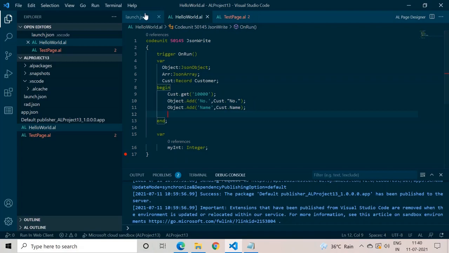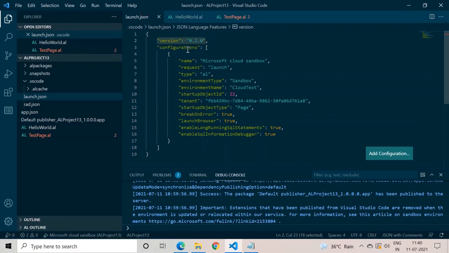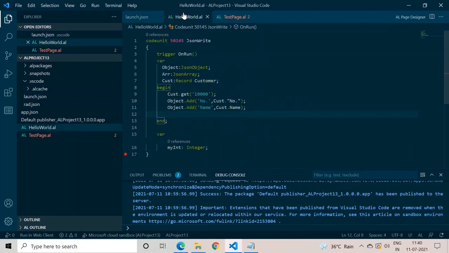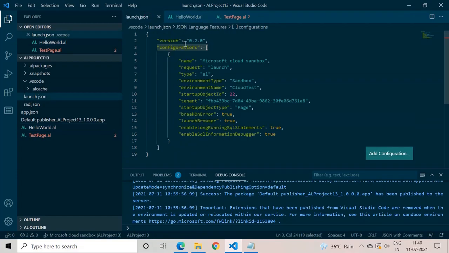Just like in this launch.json file, they have grouped this information under the configuration, and it is an array. So we will also use the same concept in our file. This version is a part of the JSON, or a part of this parent braces.